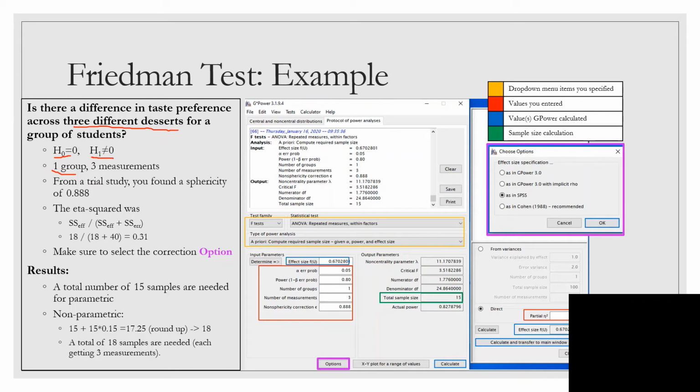Using a trial study with some data, I found a sphericity of 0.88, and then an eta squared, with the sum of squares of the effect and then the error, so the total there, so eta of 0.31. Because I was taking data from SPSS, so this data was from SPSS,